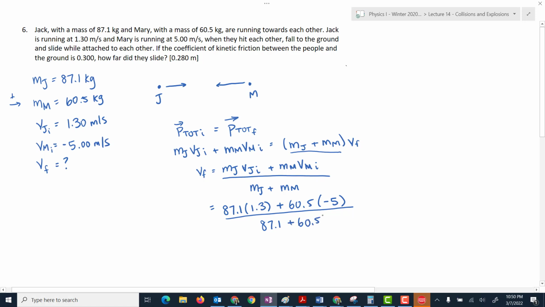Okay, so I'm going to type this up onto my calculator. 87.1 times 1.3 plus 60.5 times -5. And then in the denominator, I have 87.1 plus 60.5. And I get